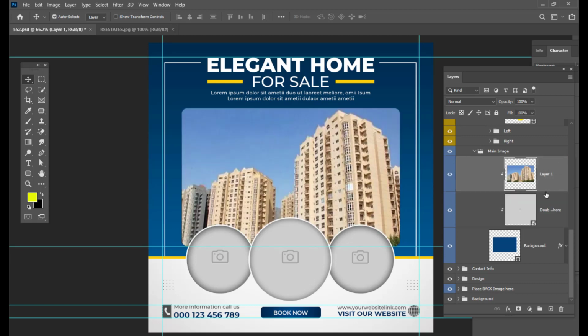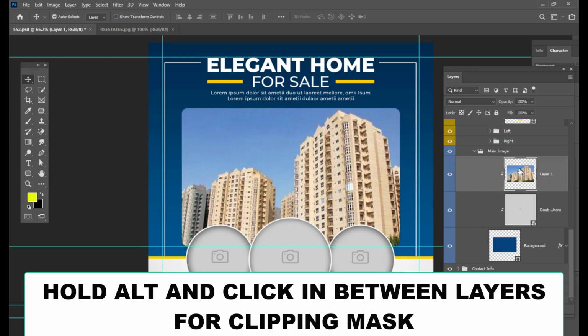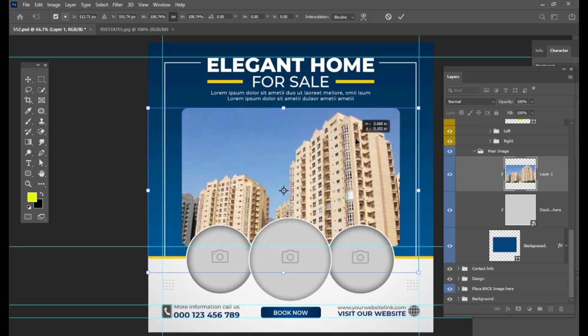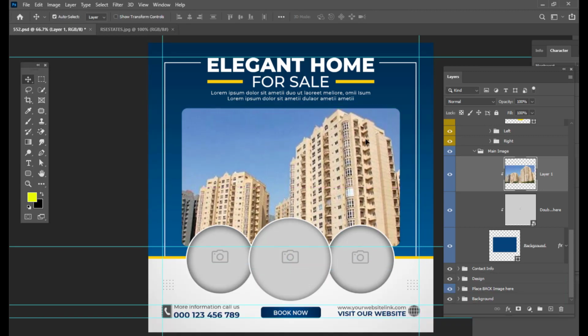Right, we just have to make it into a clipping mask. The way we make it into a clipping mask is simply hold Alt and click in between the layers, so it will become a clipping mask. So we can just scale it up, adjust it properly. That's it. And here also we can see these empty circles,